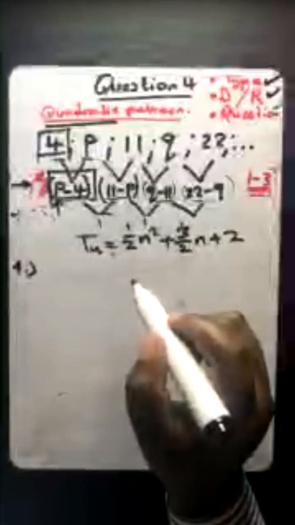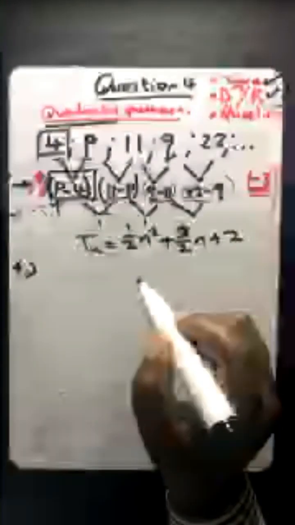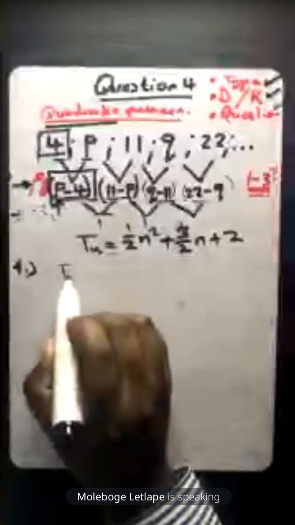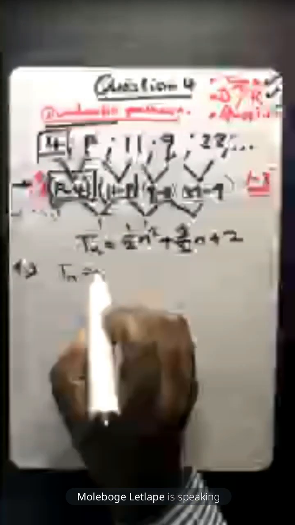Let's see what they say, which is 4.3. So they're saying determine the value of n if Tn is equal to 33. So they say if Tn is equal to